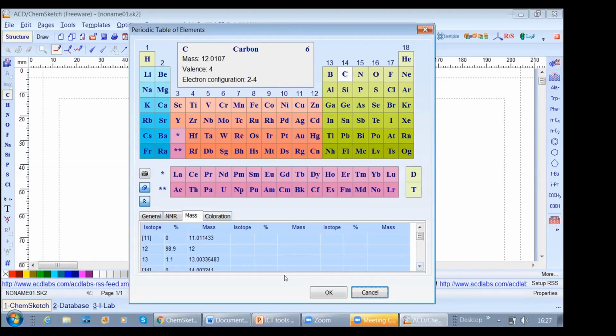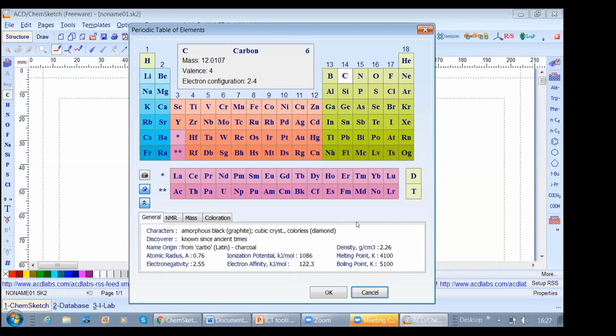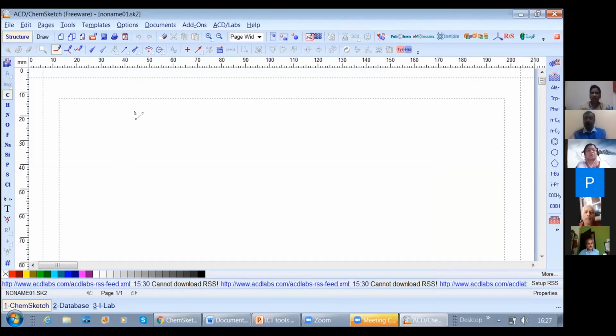Then below here you have mass. If you click on Mass, you will get the mass number of different isotopes. Okay, you will get the mass of different isotopes. NMR, you will get the information about NMR. If you click on General, you will get general properties, that is characters, name, and then atomic radius, ionization enthalpy, all this complete information you will get. So if you click OK, carbon will be selected, and